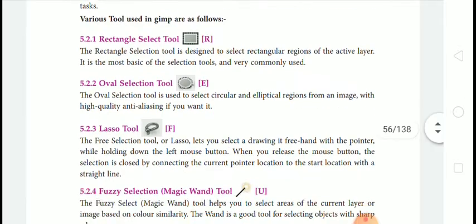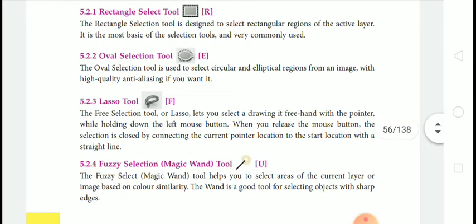The first one is the rectangle select tool. The rectangle selection tool is designed to select a rectangular region of the active layer. It is the most basic of the selection tools and very commonly used.